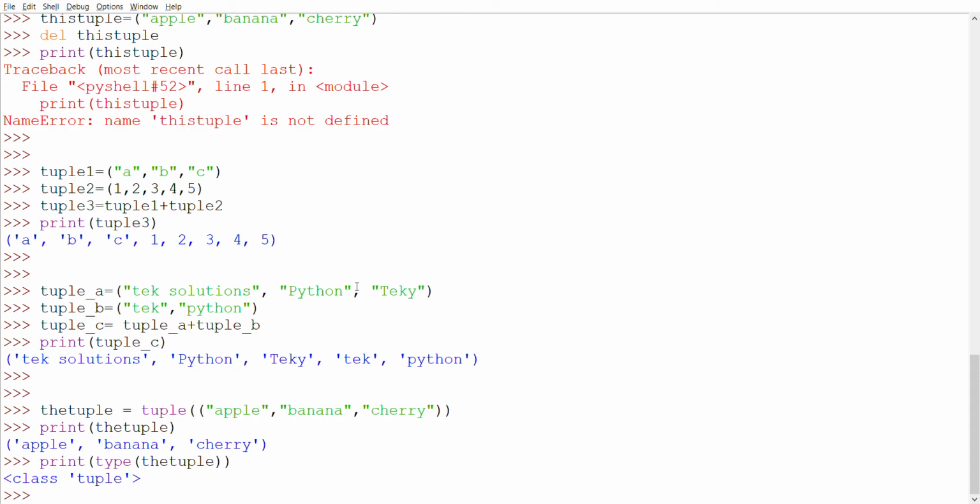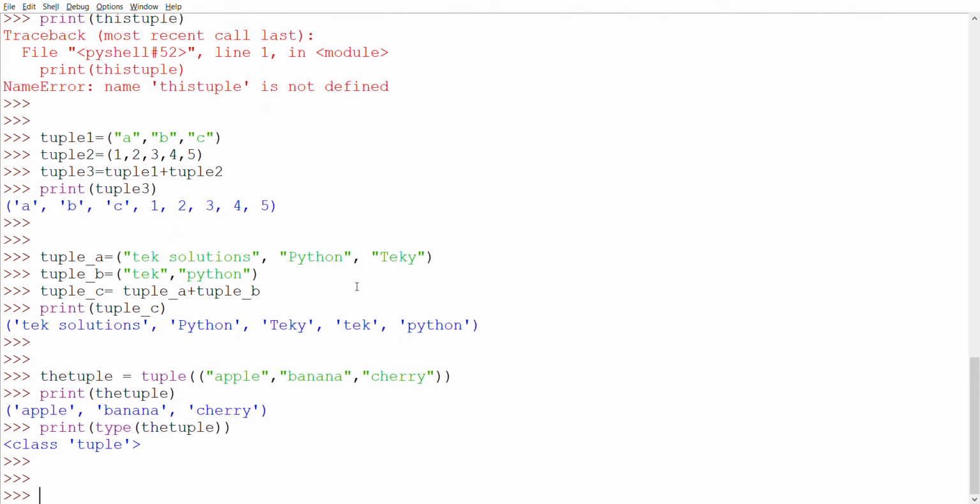Now we can go with one more example, count. The count method basically returns the number of times a specified value occurs in a tuple. I will go with an example. It means how many times a value occurs in the tuple. The tuple is 1 2 3 3 4 5 5 5 6 6 7 8.